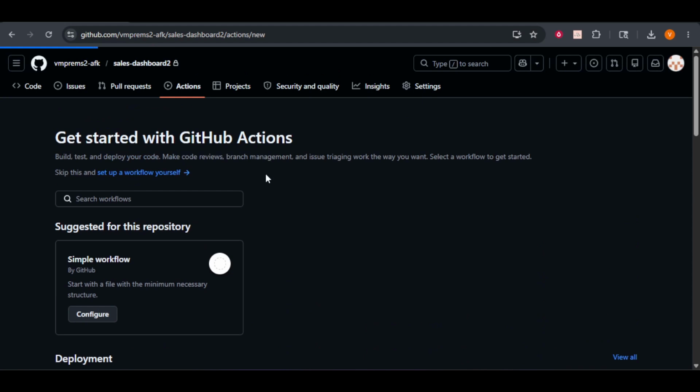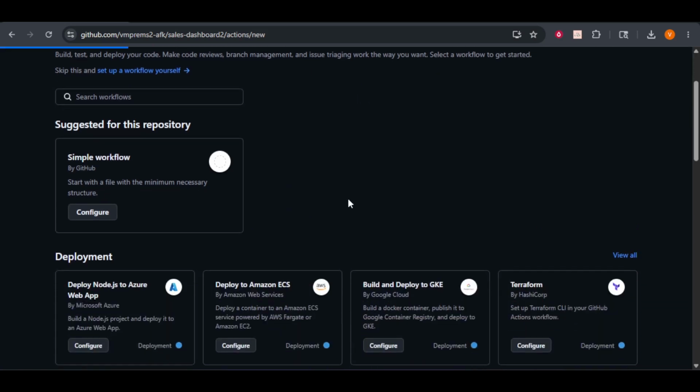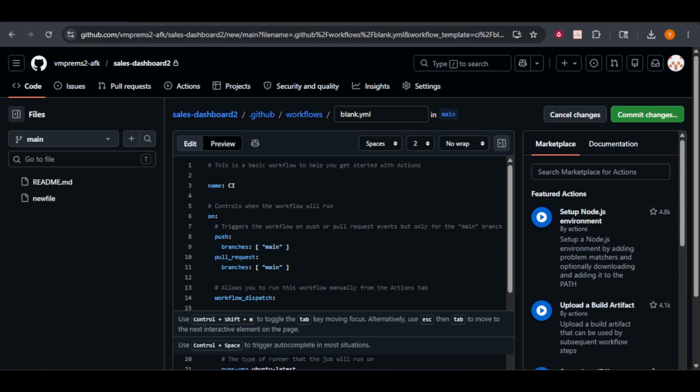This is where the magic happens. If you clicked on a pre-built template, the editor will already be populated with some code. If you're setting up a workflow from scratch, this area will be blank, waiting for you to input your own configuration. This is the space where you'll paste your YAML workflow configuration script. This script acts as the blueprint for your automation, detailing every step and action that your